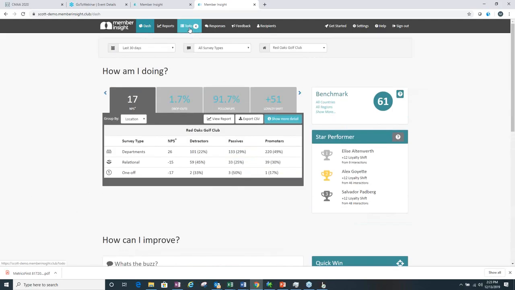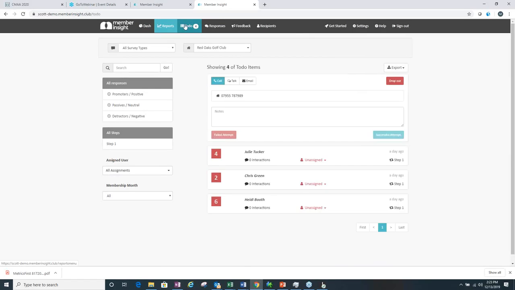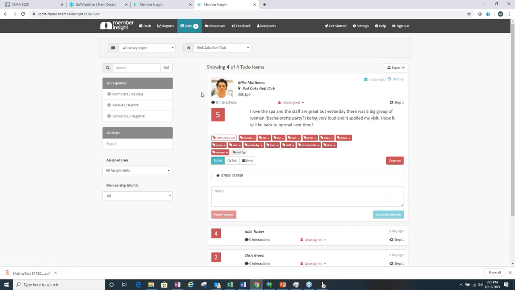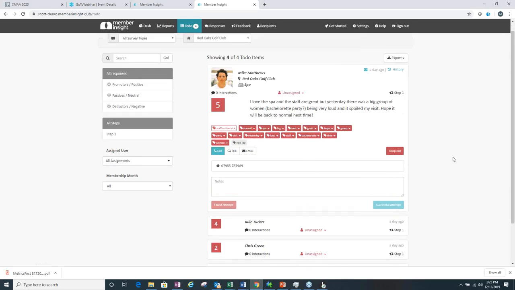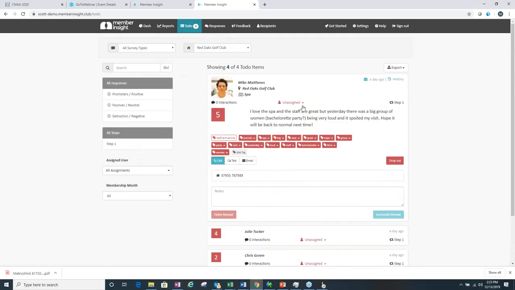From there, we'll jump into the to-do list, and this is going to play off of each individual user. So if you are golf only, you're not going to see surveys related to the spa. You're only going to see ones that have action required specific to the department that you're assigned. So for example, these ones you see are all unassigned. That is where you can actually go in and manually, if there's somebody else you want to drop it on for follow-up, say if Mike had mentioned he worked with Emma, you could have Emma follow up with him specifically,